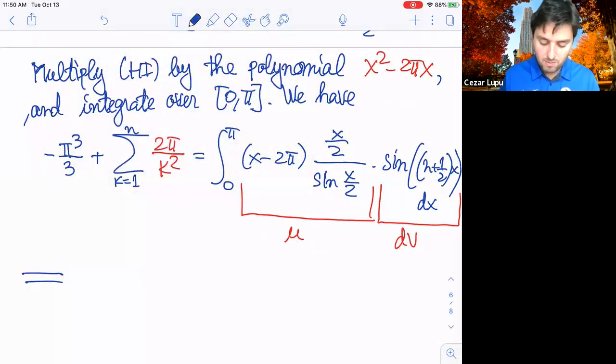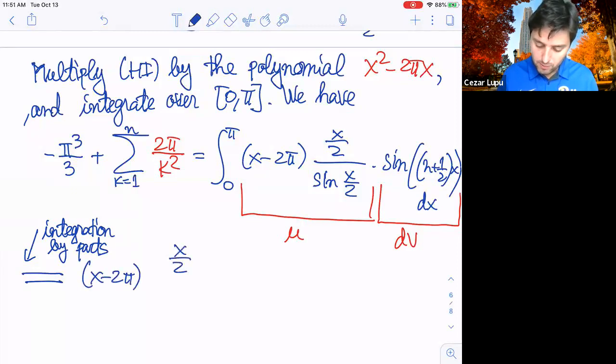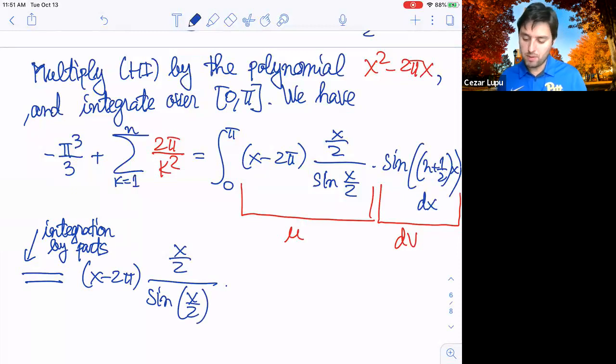So integration by parts will give us something like uv, so it will be (x minus 2 pi) times x over 2 over sine of x over 2,